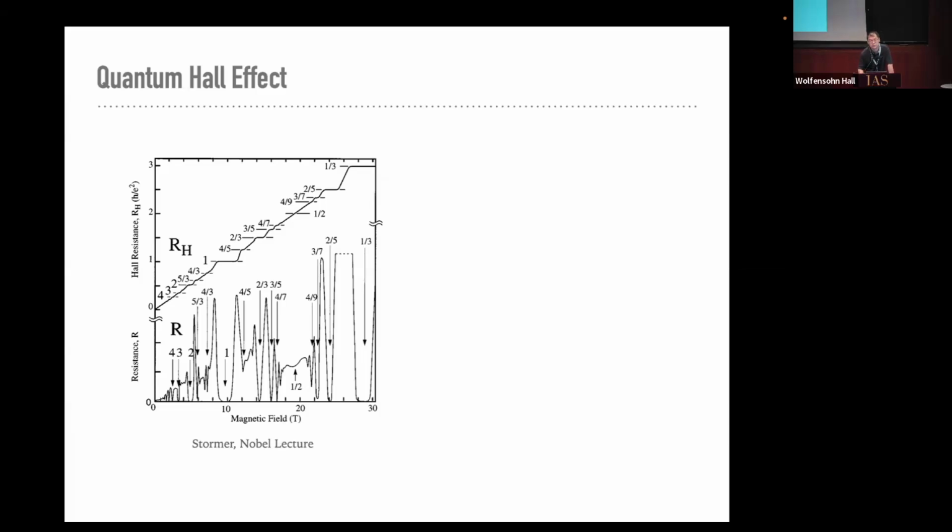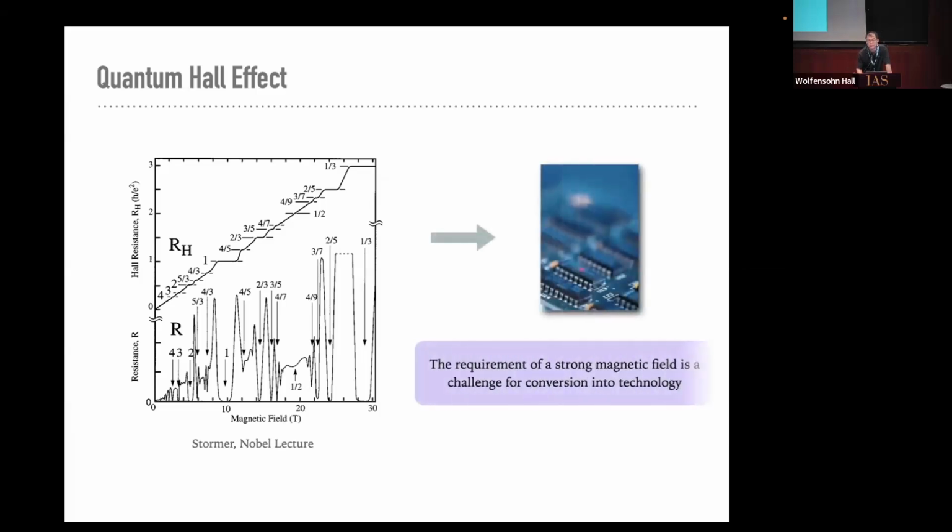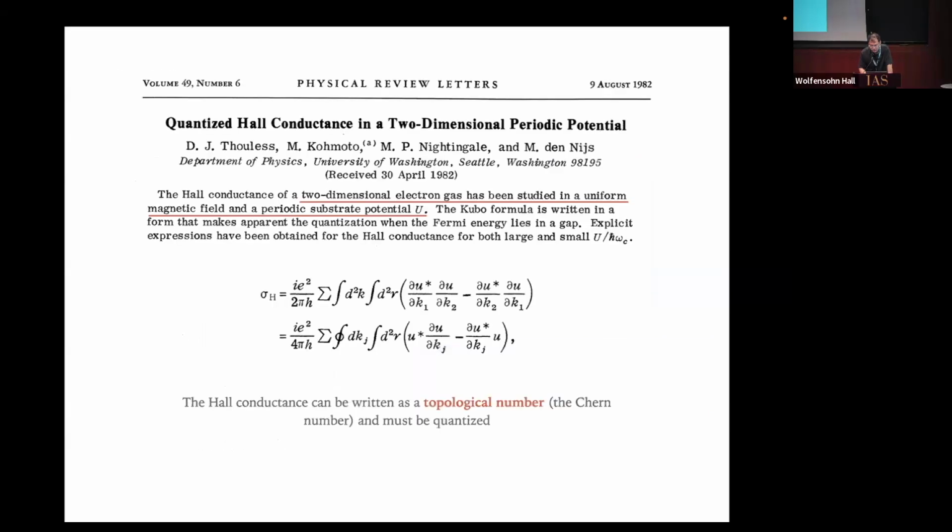But in terms of technological applications, to maintain a strong magnetic field is always a cumbersome thing. So the question was really, how can we get rid of this magnetic field? Can we realize the quantum Hall effect at zero magnetic field? In fact, I think this question was asked almost right after the discovery of the integer quantum Hall effect. So the very first step is this very famous paper from Thouless and collaborators, the TKNM paper,